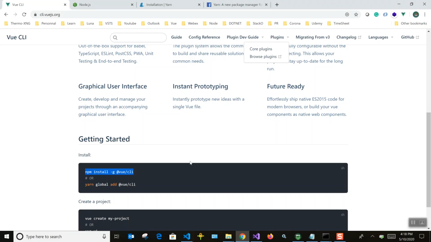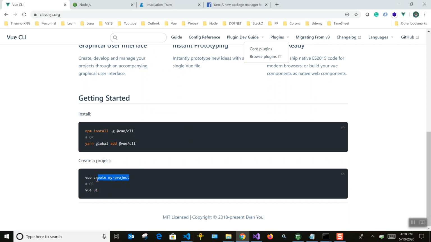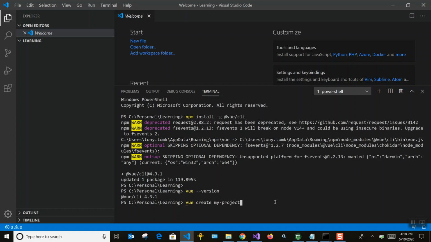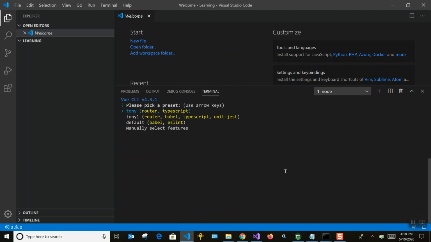Now we will create our first project. We can create it in two ways. First I'll show you the command, vue create, and the project name you want to create. It will ask you to select the different configuration you want.